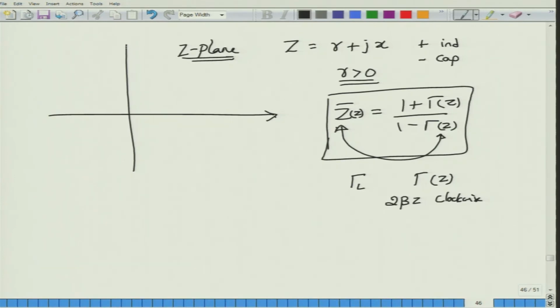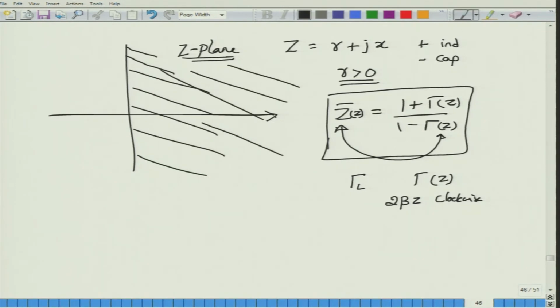Also, the normalized impedance will be completely this region. So, this entire region is the possible values for Z bar of z, the complex Z value, which we will write as R along the real axis and X along the imaginary axis. So, this is R and X. Here would be the inductive capacitances, or sorry, inductive reactances, and this one would be the capacitive susceptances.